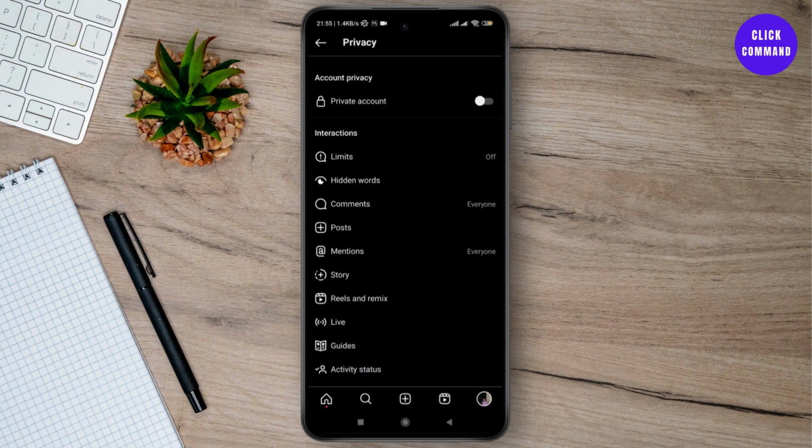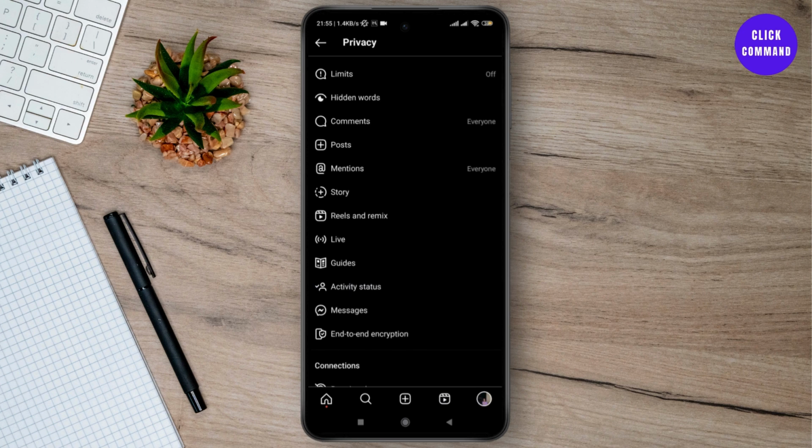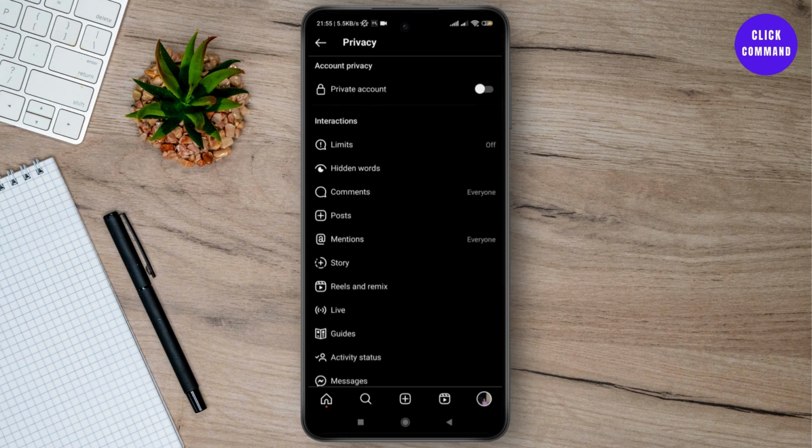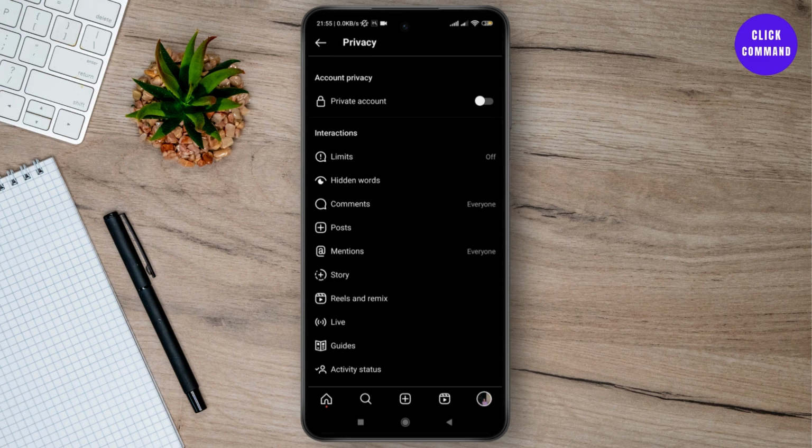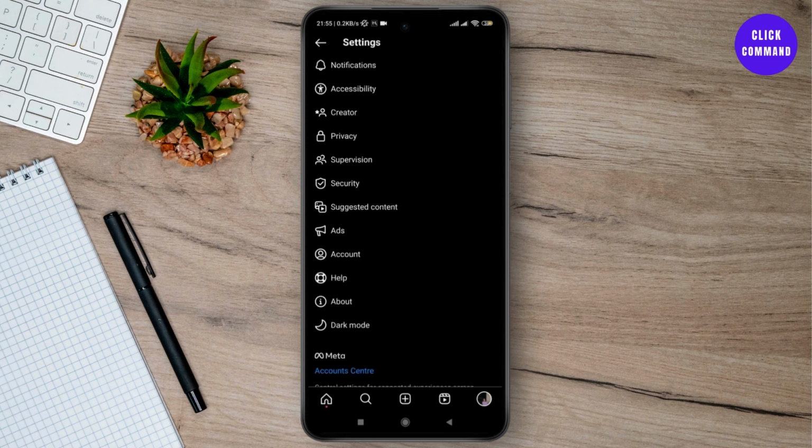So in privacy, we can just scroll down a bit and then take a look whether you have the option to turn off your professional account or not. If the option is not here, we need to go one step back and then go to the option of